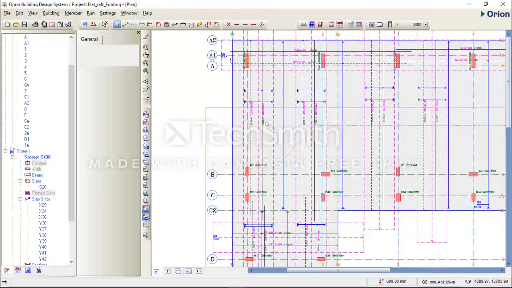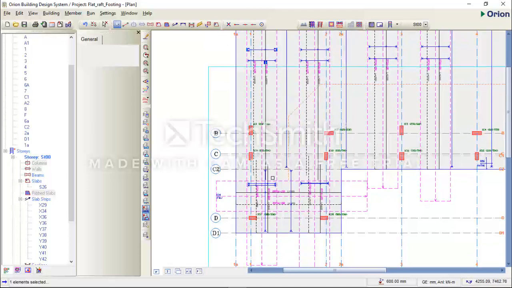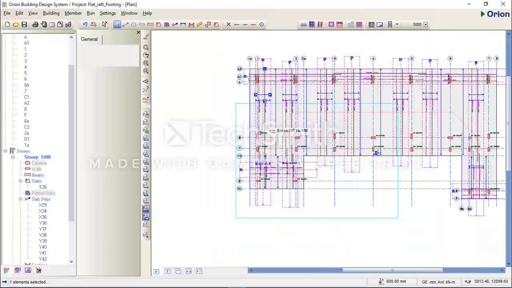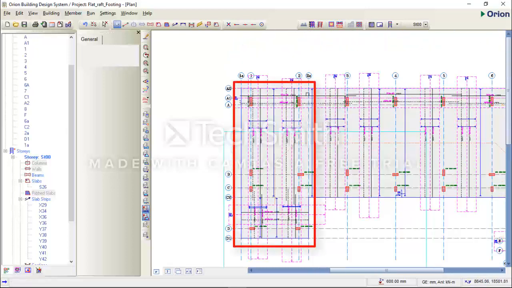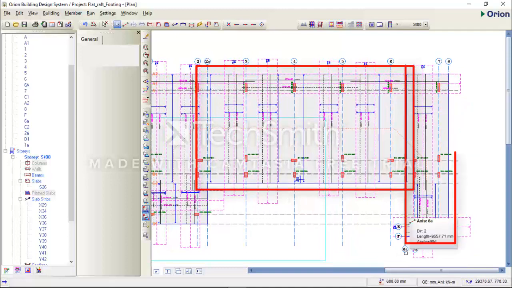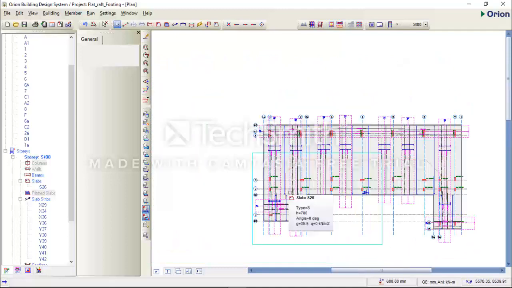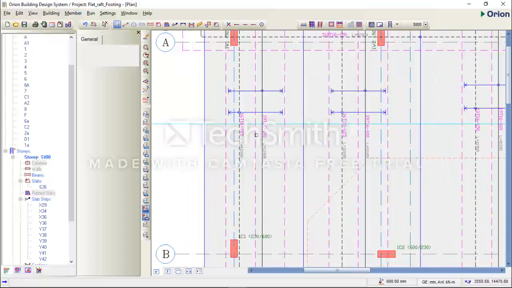In the vertical direction, I'll divide the vertical direction into three areas. This segment here between 1A and 2A, between 2A and 6A, and between 6A and 8. So between 1A and 2A, I'll use one of the reinforcement details. I have 125 and 100, 125 and 100. So I only need one of it.